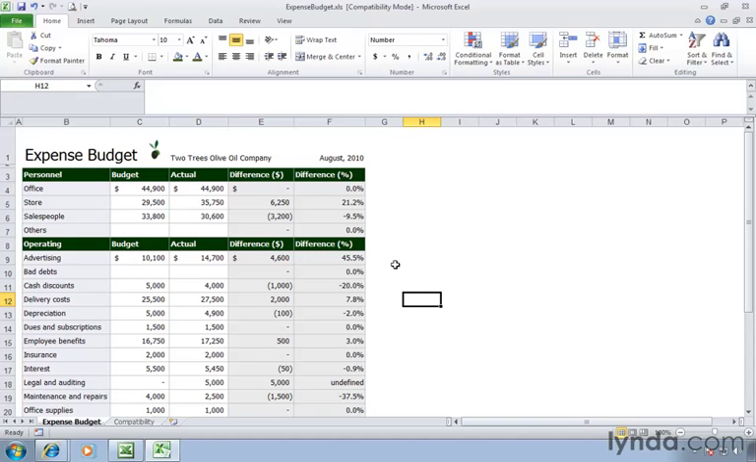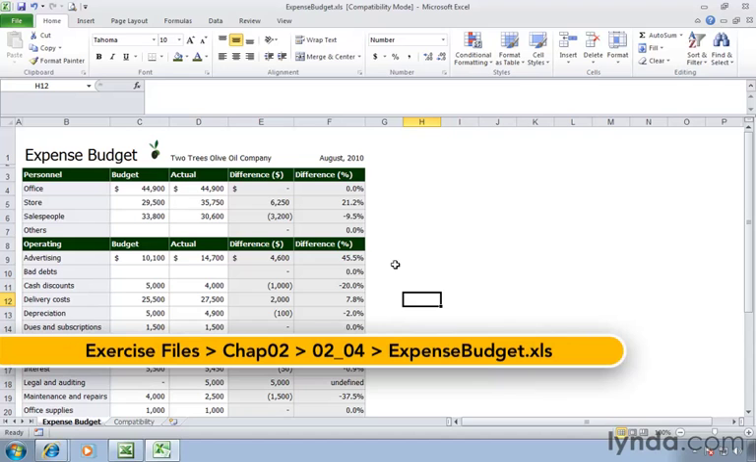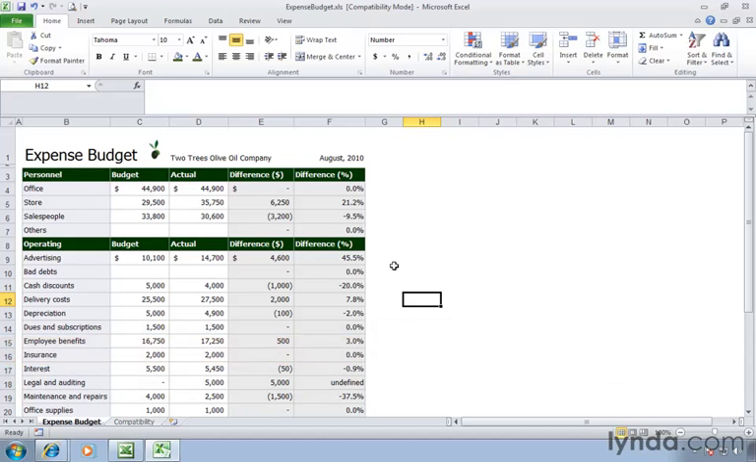When you decide to use Excel 2010 to work on a workbook that was saved in the older Excel 97 to 2003 format, you're automatically thrown into compatibility mode. You can see that in the title bar here as we work with our expense budget. And compatibility mode is automatically going to restrict us to certain features and functionality that were available in Excel 97